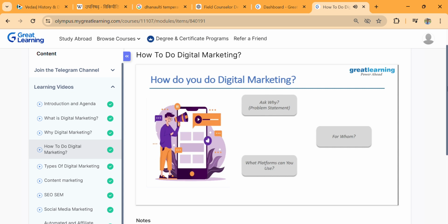Now let me give you a very generic example again, right? Let's assume that you want to reach out to people and tell them that I have a grocery shop that I've opened, and I'm going to deliver goods to you if you pay me on a per delivery basis. So people would be happy. Why? Because grocery would reach their place. Now we already have something like Grofers and stuff in India. But what about small places, right?